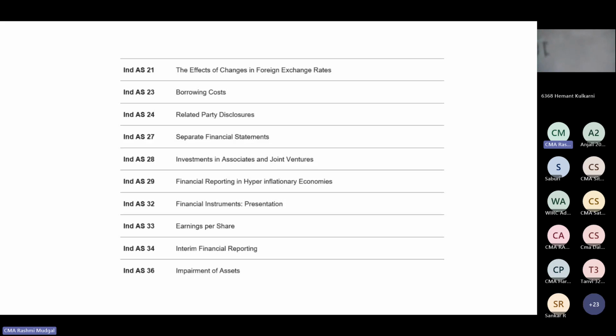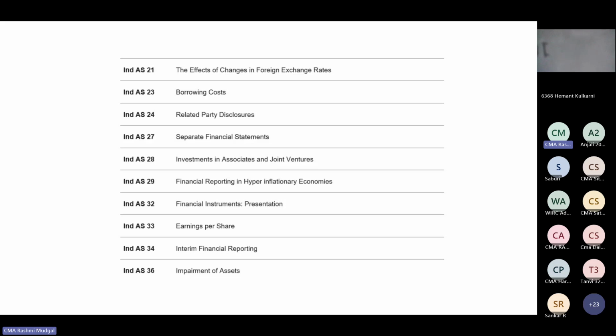In Ind AS24, we are talking about related party transactions. Who are the related parties? The subsidiary, holding, or associate companies, or maybe joint ventures. Sometimes the related parties also include employer-employee relationships, blood relations, and directors. Key managerial persons come into related party transactions if we are doing anything which is not incorporated in the contract of service.